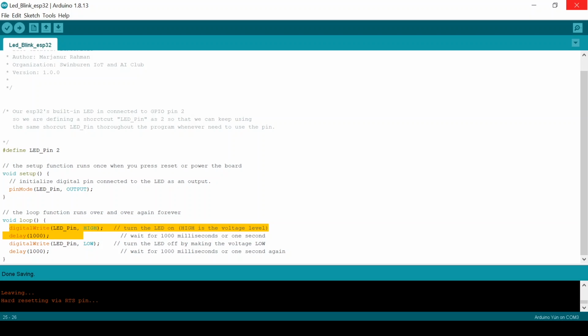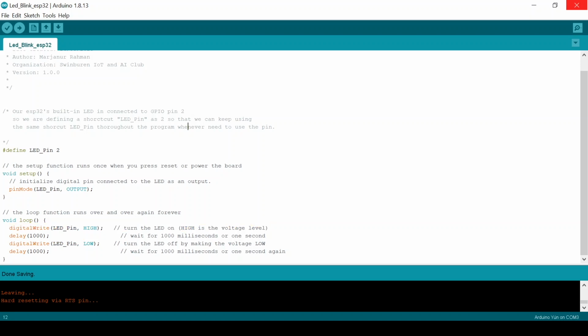And if you keep your device plugged in, it will keep doing this. And after you have done uploading, you don't need to actually keep your device plugged in, because you can just power your device from any USB charger and it will keep working based on the code that we have uploaded. So we need to only plug it in to our computer whenever we're uploading the code to the microcontroller.